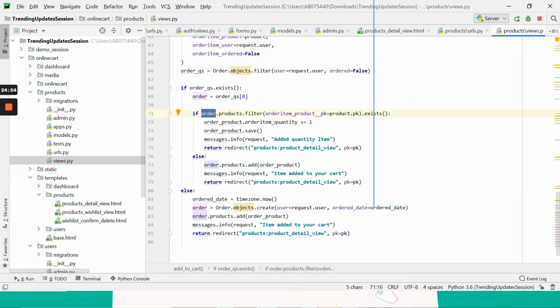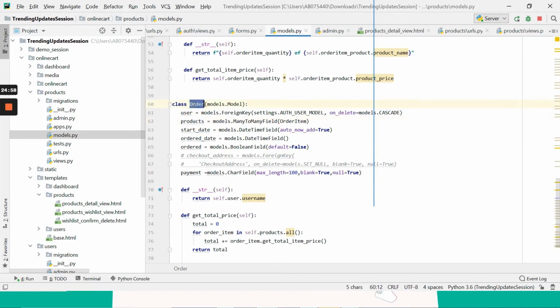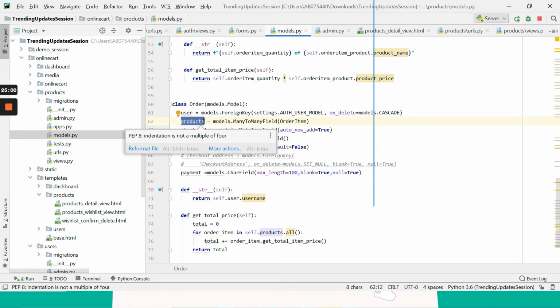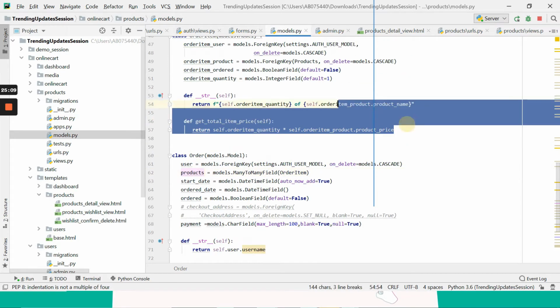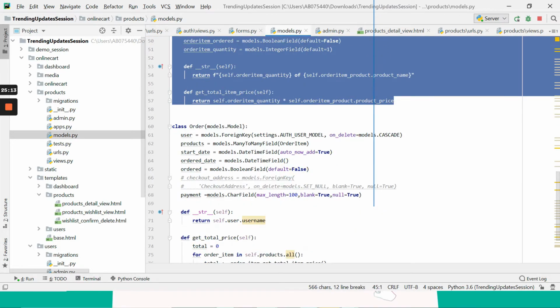That means, inside models, order.products, and then filter on this product. Whenever you are filtering on these products, indirectly you are filtering on this entire object, because we are using that as a many-to-many field.